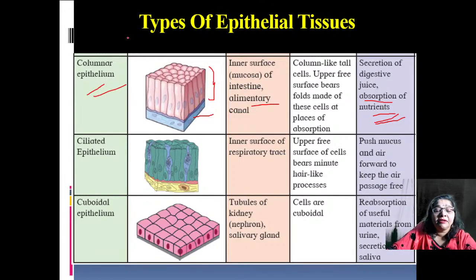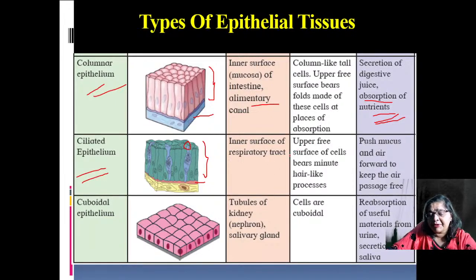Now the next type is the ciliated epithelium. The ciliated epithelium refers to the presence of small hair-like structures called cilia. Here you can see small hair-like structures on the surface of the cells. Of course, the basal fibrous membrane is present and the cells are arranged with small hair-like projections on one side of the cells. Now this tissue, ciliated epithelium, is generally found in the inner surface of the respiratory tracts, that is the respiratory system